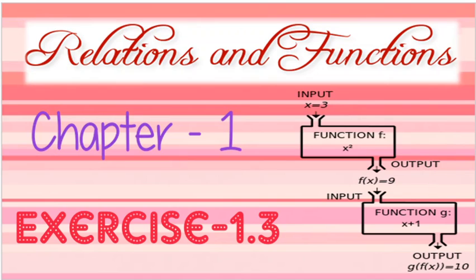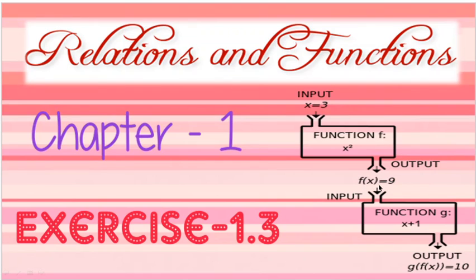Before I start discussing the question, let's talk about this diagram. Here, if we have input x equal to 3, it goes into this function machine. Let's consider this function as a machine. The function is the square of this x, meaning whichever raw material goes into this machine, this function converts it into the square of that raw material. So if 3 goes in, then 9 comes out, and this 9 is f(x).